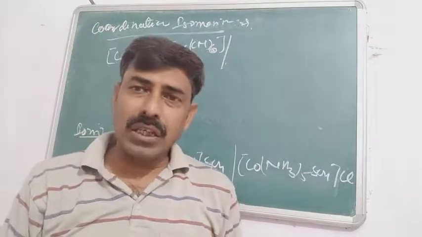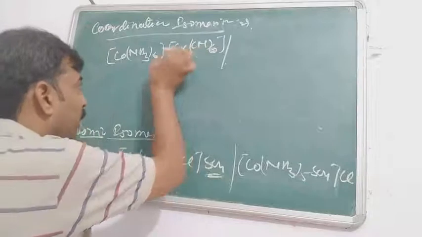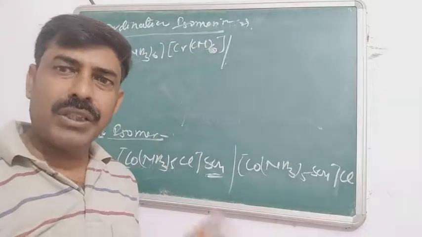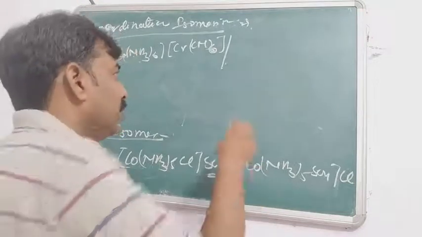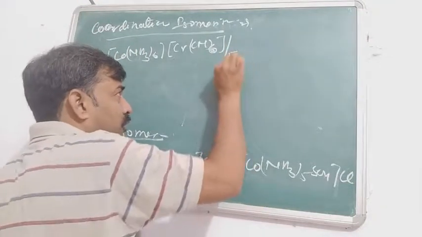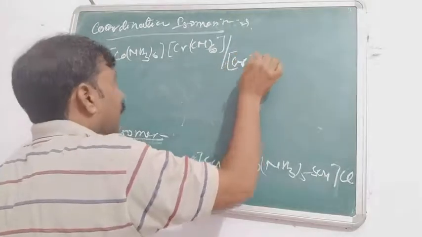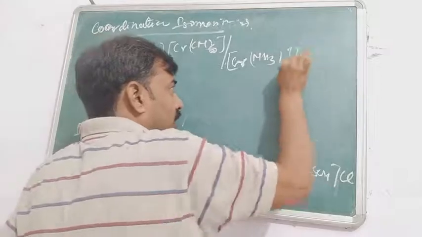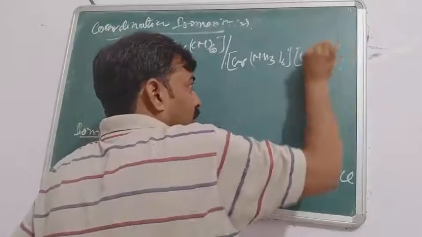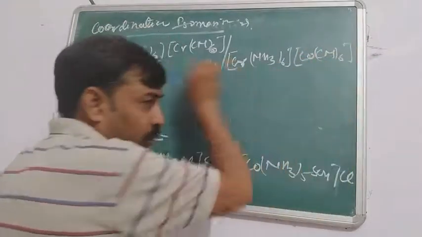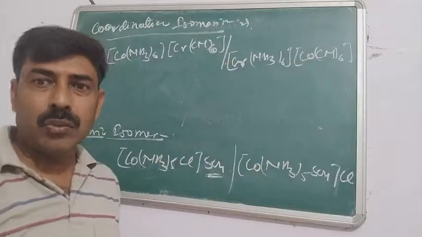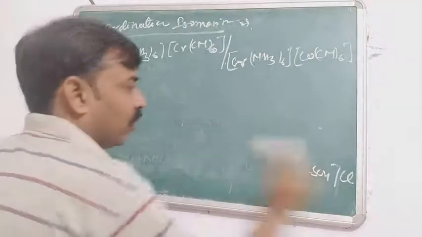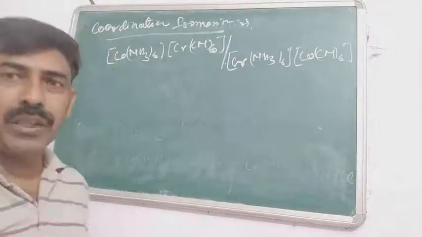लिखने के लिए ज़्यादा आसान सा काम ये है कि आप इसके सेंट्रल एटम को इसमें और इसके सेंट्रल एटम को इसमें लिख दीजिए और कोई चेंज नहीं करिए, अदरवाइज चार्ज आपको देखना पड़ेगा, चार्ज के अकॉर्डिंग से चेंज करना पड़ेगा. So it is the easiest method. Now it will be [Cr(NH3)6] and [Co(CN)6]. So they are the coordination isomers of each other, and such type of isomerism is called the coordination isomerism.